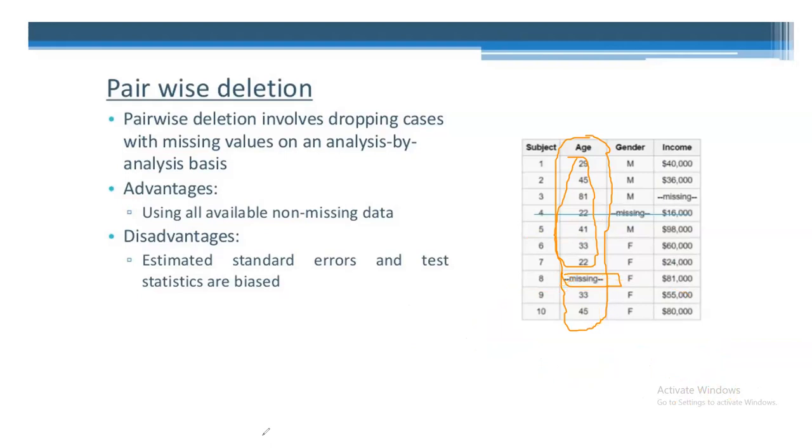But let me challenge all here to see your participation. Is the gender column numeric or non-numeric? I mean, is it continuous or categorical? Observe it. The gender column is not numeric, it is categorical. But there is one missing value here. How can we fill it? You cannot apply the mean function on categorical columns, and you cannot apply the median function on categorical columns. Then how to resolve this?